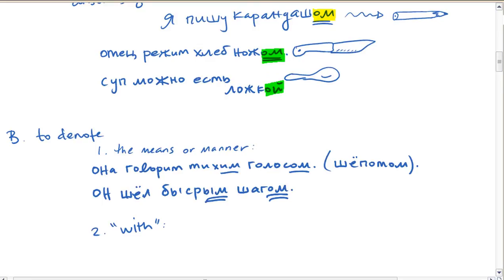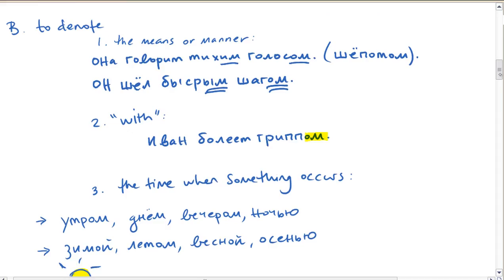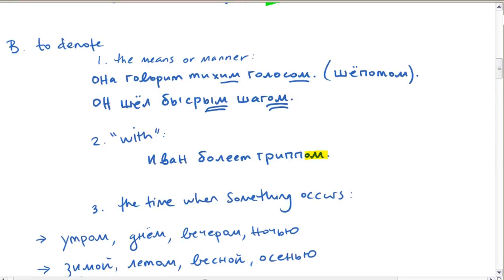We also use it just flat out when we're saying with. So, for example, Иван болеет гриппом. So Ivan is sick with the flu. So it just means with, in the same way that it meant with when we were talking about cutting the bread with a knife. We use the instrumental sometimes when we're indicating what time something occurred,